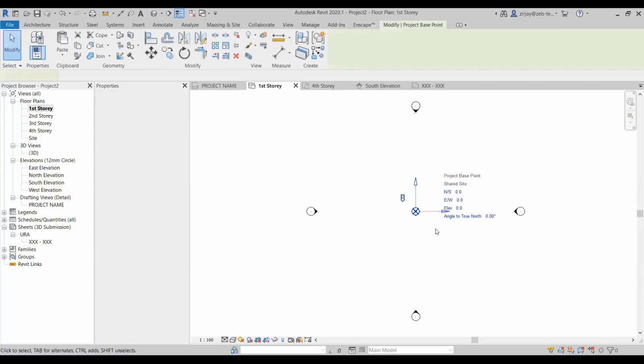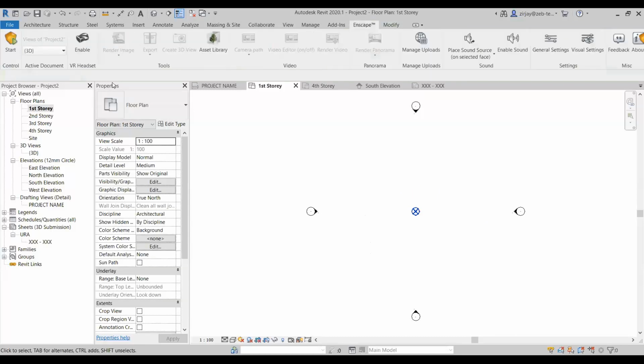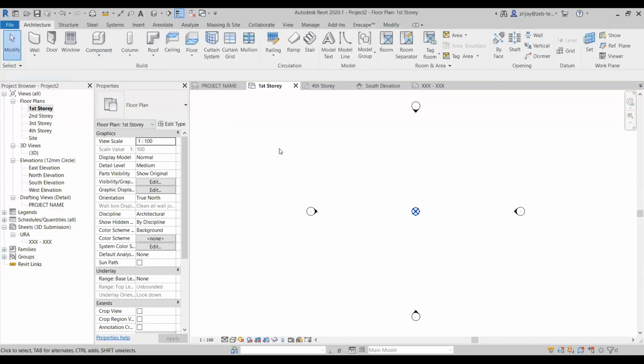Again, when you select something, you'll see that the ribbon may change. This is called the contextual ribbon. It will show you options that you can use particularly for the object that you're selecting. And then going back to architecture, this is where we'll work most of the time today. Okay, but for the first step,